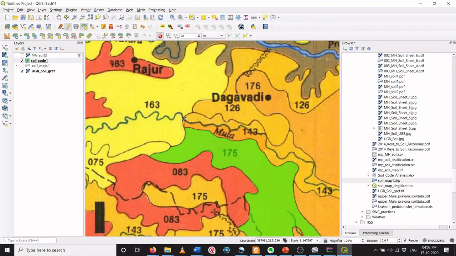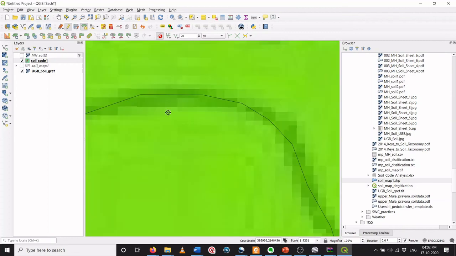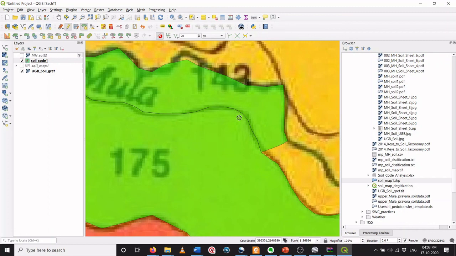Okay, so ID 2. Now you can see over here, if I zoom over here, all pixels and segments are covered. So in this way we can use the snapping toolbar. You can adjust the snapping tolerance and accordingly you can digitize. This will improve the accuracy of the digitization and you will avoid the common errors. So in this video we have seen how to add a ring in the polygon feature and how to use a snapping toolbar. You can use the snapping toolbar for the segments as well as for the dots. Okay, thank you.